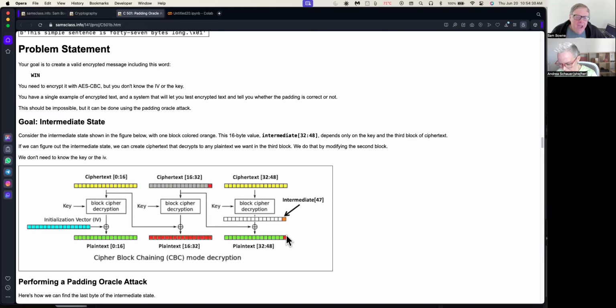Since you know the pattern of padding, and you know this system where I can change 1 byte at a time right at the end, I can deduce this value here, this intermediate value, the decryption of this text. And after I know that byte, I can do it to the next byte and the next byte, and I can eventually deduce this entire orange block. And what that means is, even though I don't know the key, I can forge any message I want here because I know this block,